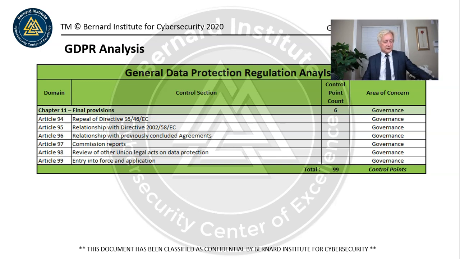So again, lots of governance items need to be, a governance book or instruction needs to be created just for GDPR, and then there needs to be some education awareness. Obviously, some people need to be assigned to the governance committee. There needs to be a terms of reference on what they're going to be looking at, including all of the things that we just looked at, which is a lot. I think 35% of the items that we've seen listed here, the articles 1 to 99, 35% of them are about governance.